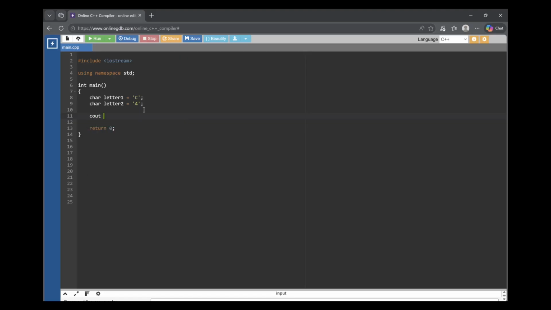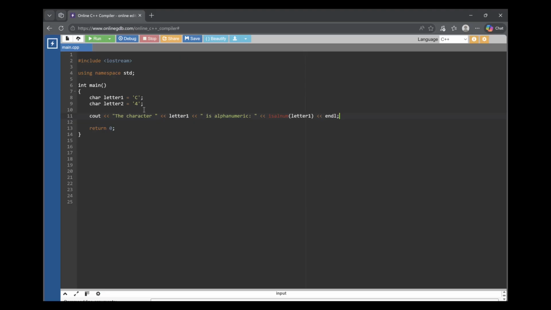So with this, I'll just do cout and just say the character, then here say letter1 is alphanumeric, and from there the function is called isalnum, and then we just type in the variable, so letter1